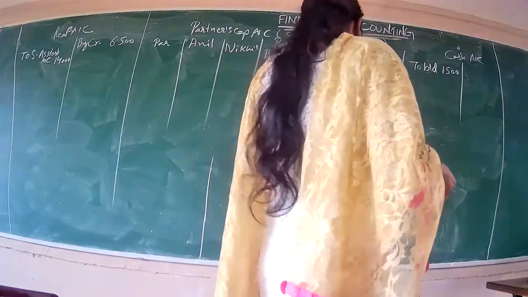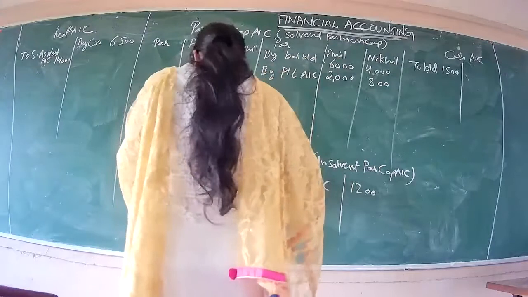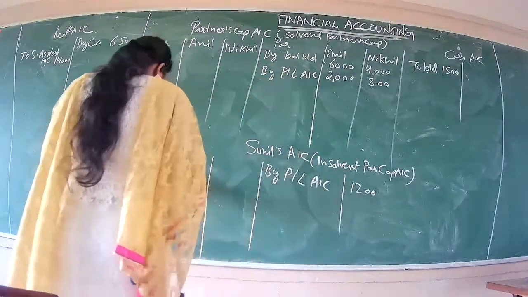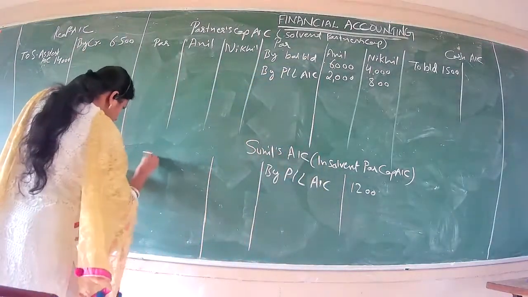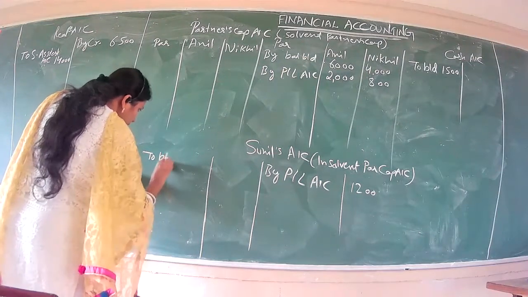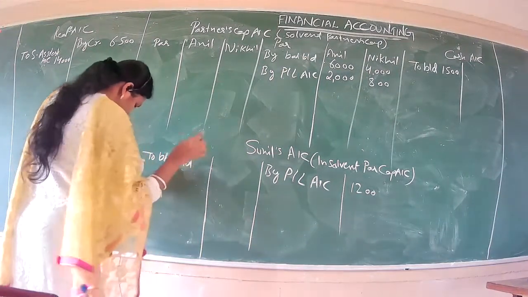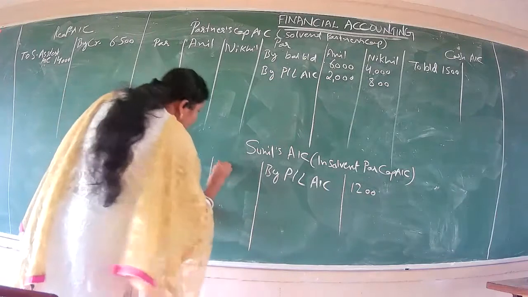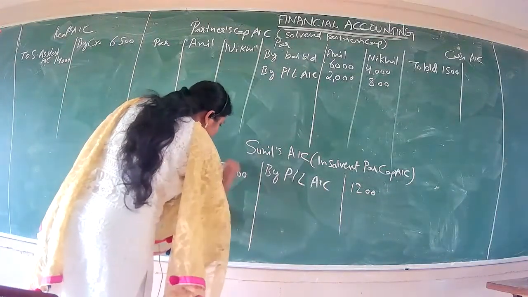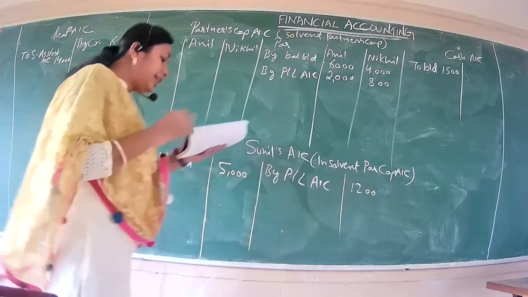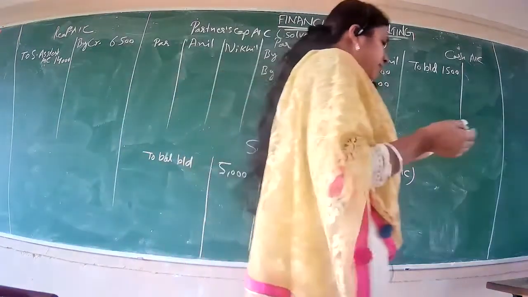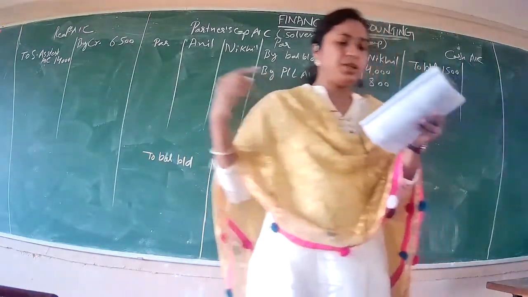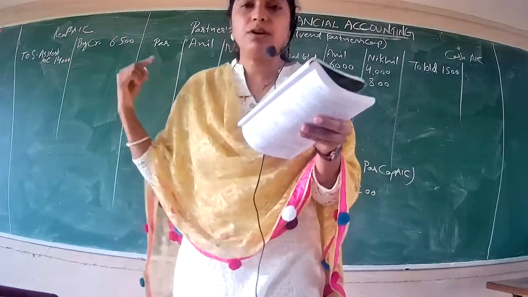Okay. So Sunil's capital, your excess withdrawn. So we'll take that also in Sunil's capital account to balance brought down. And how much the amount we have? 5,000. So if we are going to recheck, okay, whether all the items we have brought down from the balance sheet to the respective accounts or not.